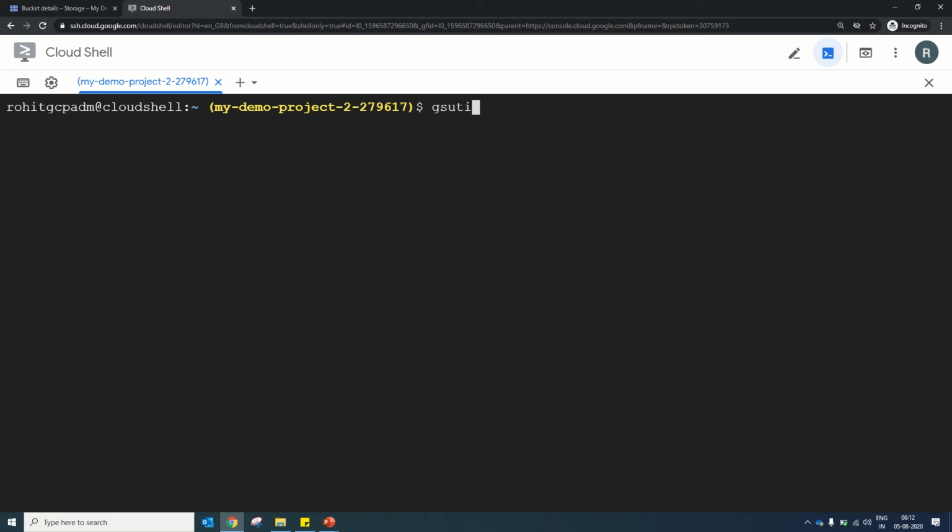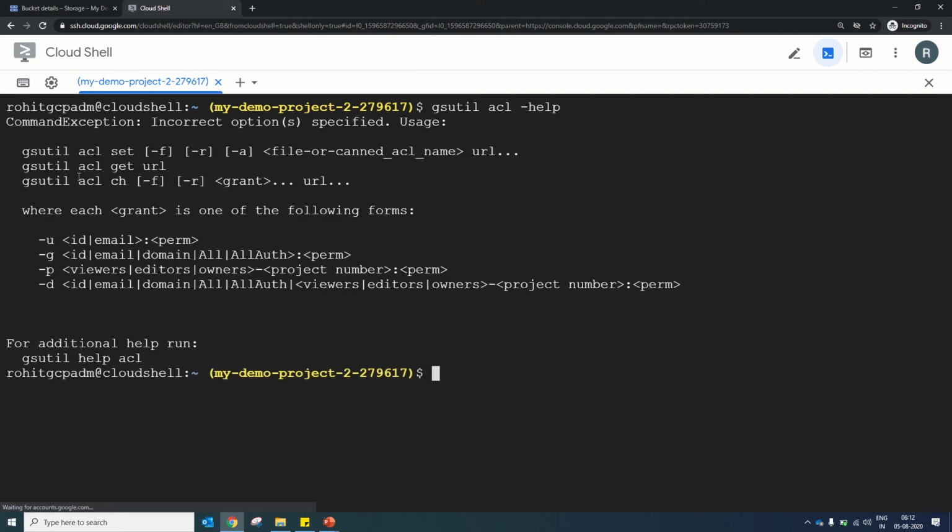Now the next command is for managing access of bucket objects and the bucket. For this we have the command gsutil acl. Now let's check the help for it. It's giving you details: gsutil acl get URL, set URL and ch URL. For this you can configure the access permission that you want. With the get command you can retrieve the permissions, and with the ch command you can change the permission of existing users or objects. The options are -u for email ID, -g for email ID with domain name, and -p for viewer, editor, owner, project name details.